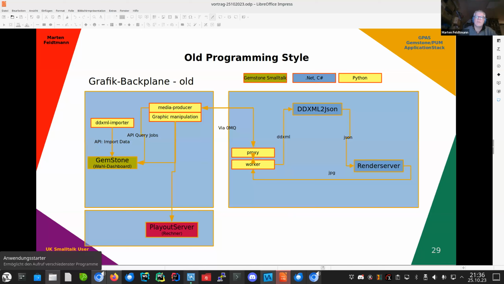And this is another way, which shows the old programming style. We have GemStone here, which is the election dashboard. It starts an external Python script. The Python script runs in parallel. It gets jobs. Are there any graphic jobs to do? Python grabs the job and then, in a linear approach, puts it to some Windows machines which do the rendering, gets the result back, does some post graphic manipulation and puts it on a playout server, and then via an API call sends it back to GemStone. I have done my work. This is a very linear system and not really